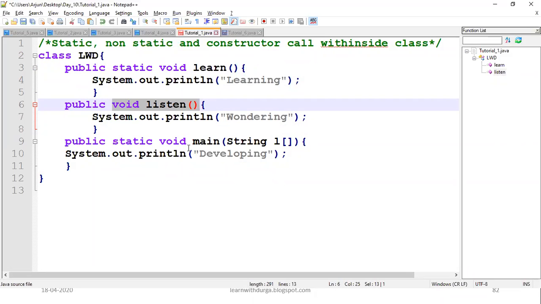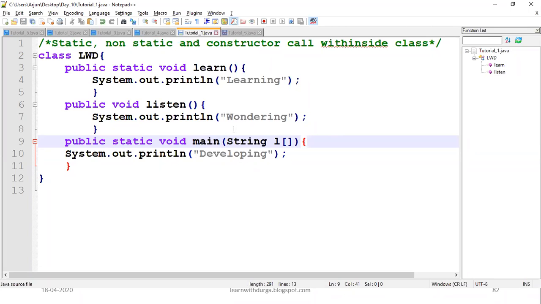And another method is the main method, so that is also a static method. As I have mentioned earlier, what is the difference between static and non-static method? Now we are going to execute how to invoke non-static and static methods. You guys have to answer. Okay, clear? And I have explained in the previous sessions why main is static. Do you remember guys? Okay, so let me go ahead with the execution part. If I execute this program, I have one non-static method, a static method, learn and listen, and one main method.